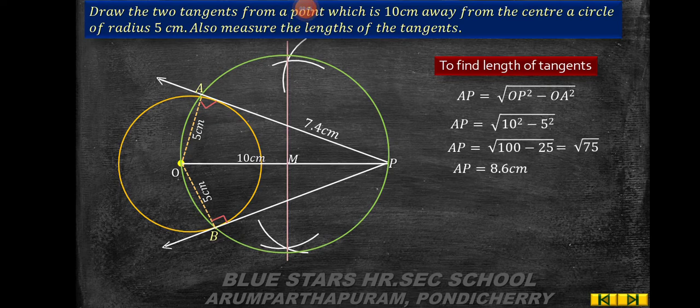So for steps of construction, you just refer example 4.31, which is in page number 195. So similarly, you have to do problem number 14 as well as 15. In the 15th problem, they don't directly give the radius, they give the diameter. So that is your home assignment. So next we are going to see problem number 16 in exercise 4.4.